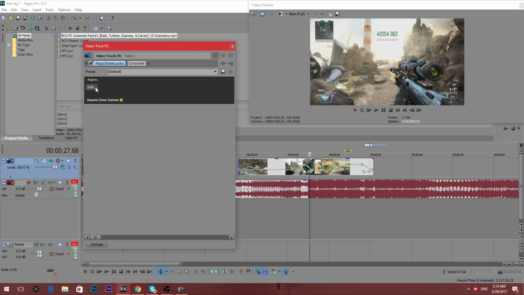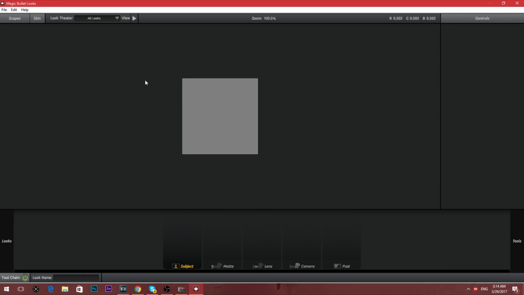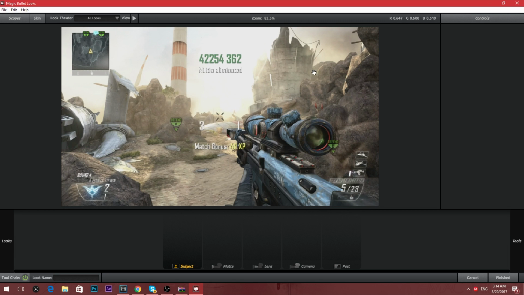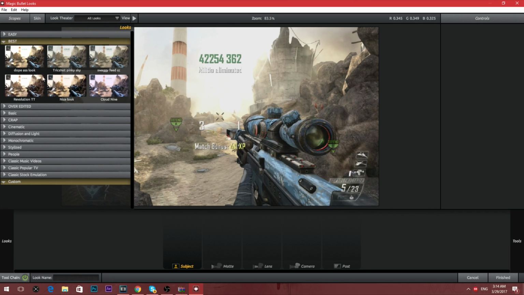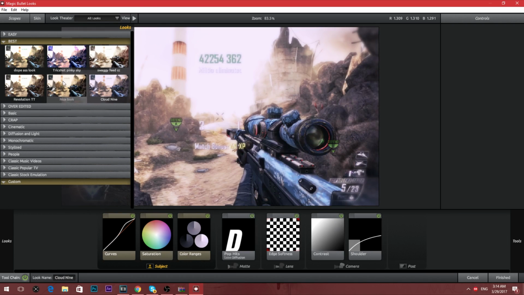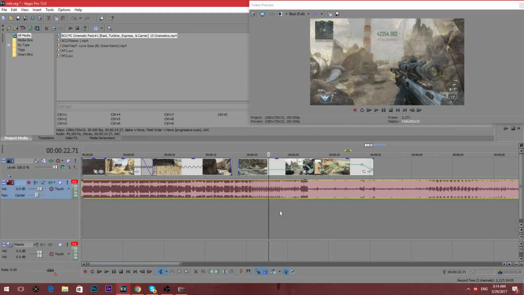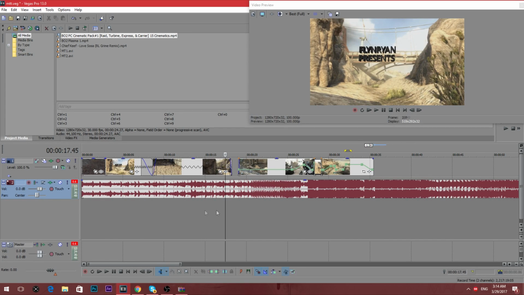And there's also plugins you guys can put in here that have automatic color corrections people make, and you can just download from them. But if you guys do that, plug it in, you just want to go over here, and you see it changes the looks of the game, which is pretty dope. But I don't really like that at all, so I'm just going to exit out of that. And what I really do like to do though is on